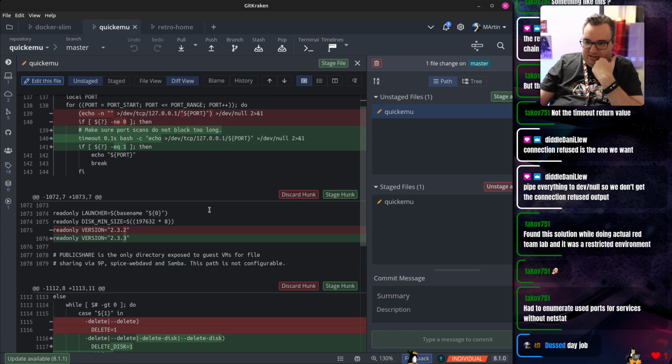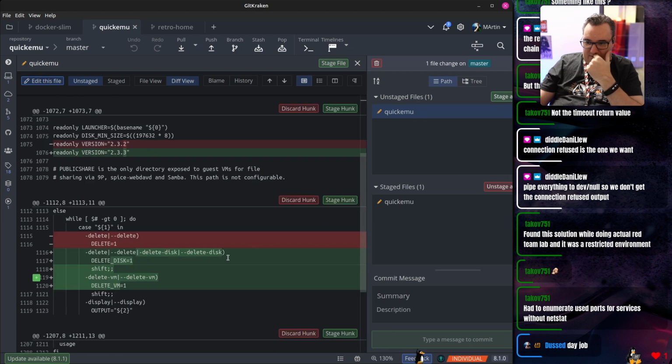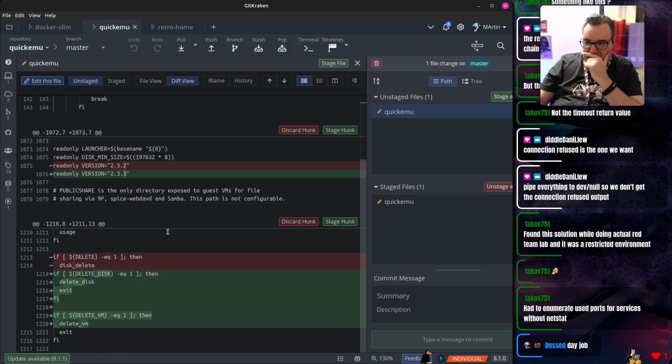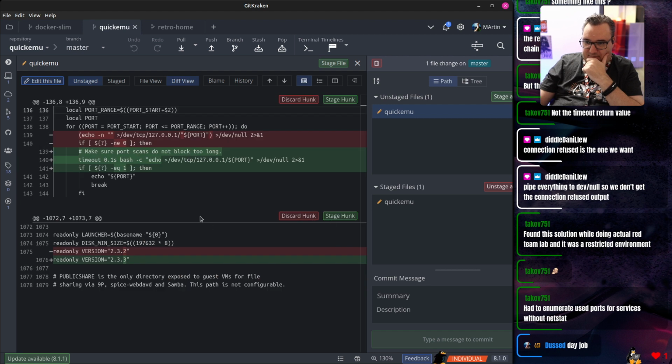And deleting disks and VMs, that's fine. We'll have that bit. And we'll take that. So this is add disk, add delete disk and delete VM options,